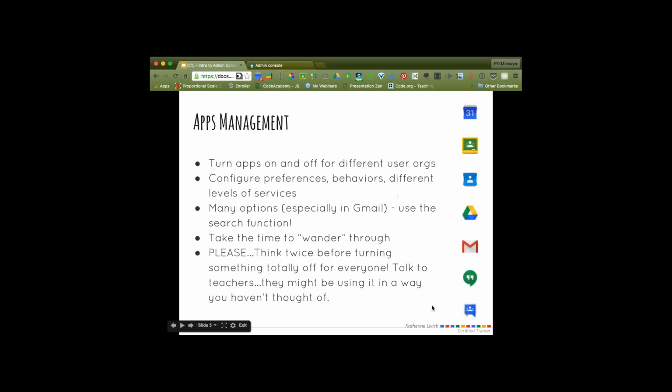Whoops, I'm sorry, I skipped a little slide there. So this is kind of the heart of what you do with the Google Admin Console that makes it googly. You have a lot of control over apps management. And with schools and education applications,